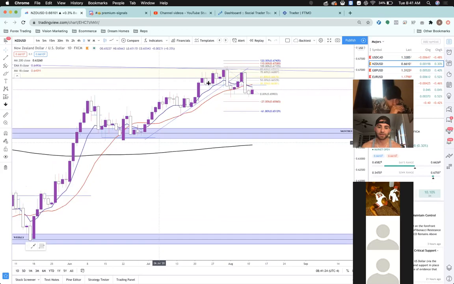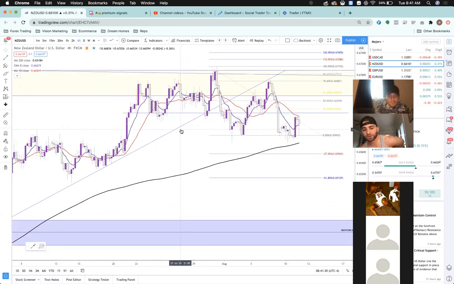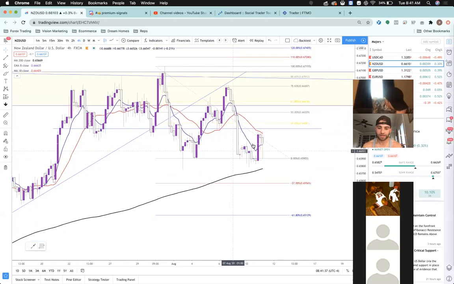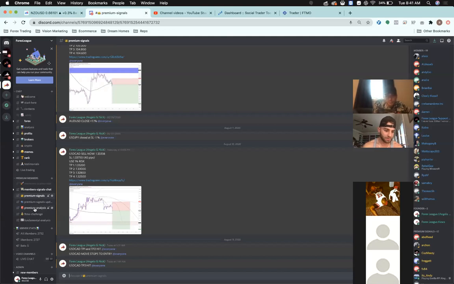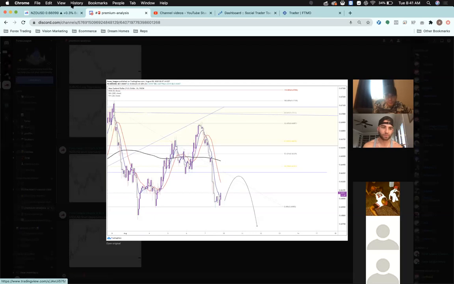As I go down to the daily, again, we're at this level, but I want to hit the 4 hour first real quick. The 4 hour on this actually started to transition, started to break higher lows, form this lower high here. So this is actually in a downtrend, but we are being patient at this point. Got my fib on here. We could have potentially gotten on some sort of entry up here. I put in the analysis based on this. I'm waiting for some sort of pullback before going short on this.